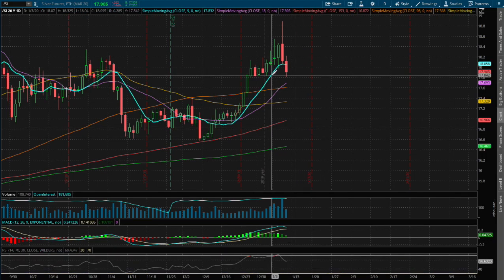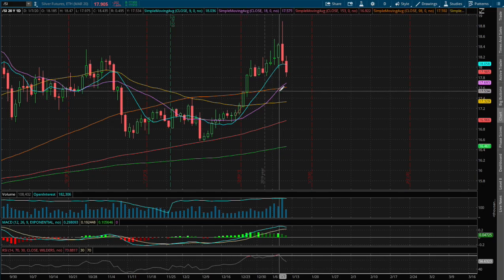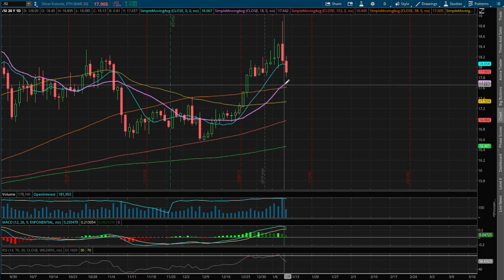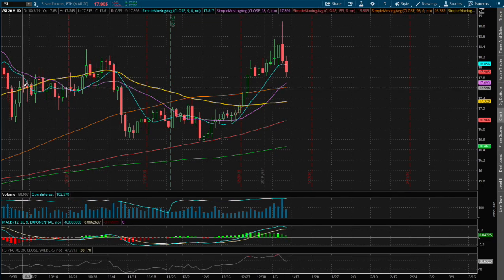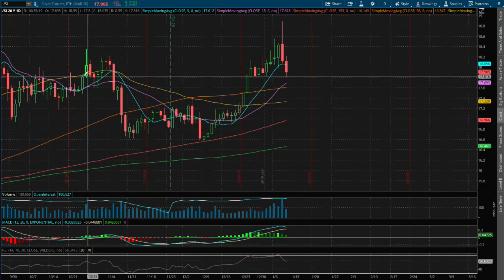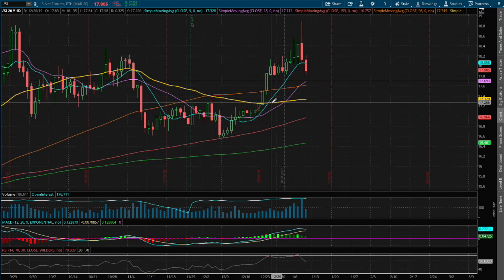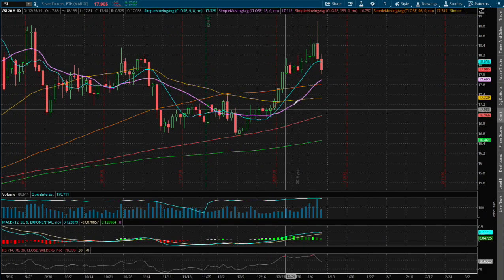We lost support on the 9-day moving average, this blue line. So the next support that we may encounter will be the 18-day moving average. Around that range, we see past support or past price concentration. So that is around a price of $17.68. So if we were to make that as support, and as for resistance, if we continue to move up higher,